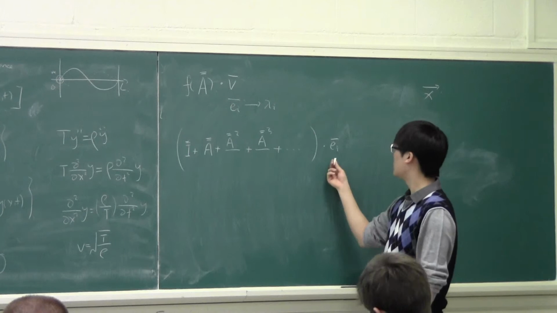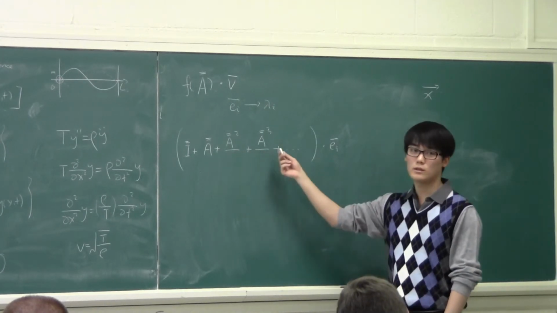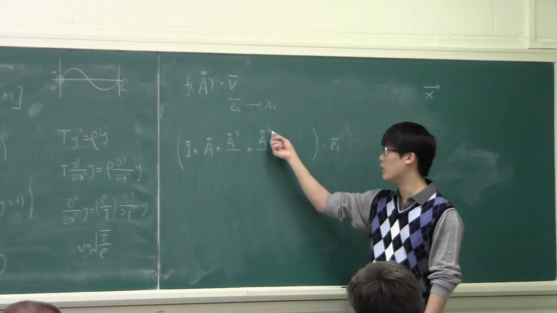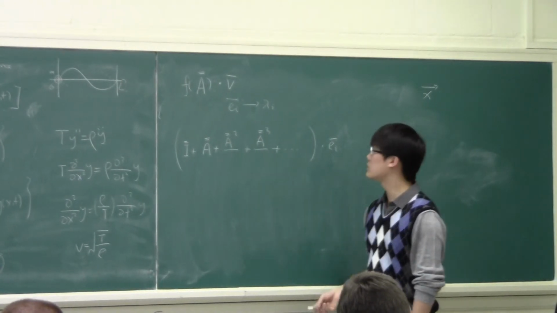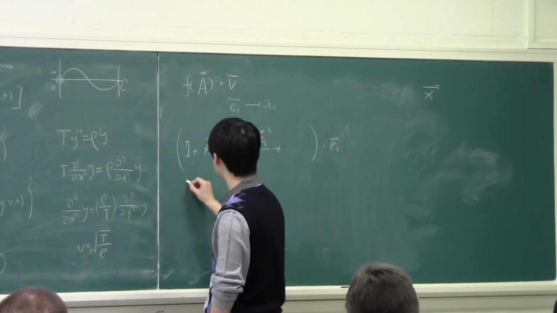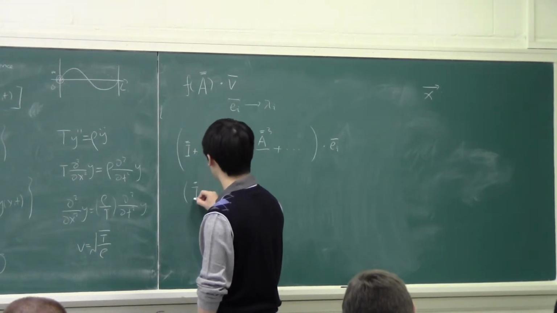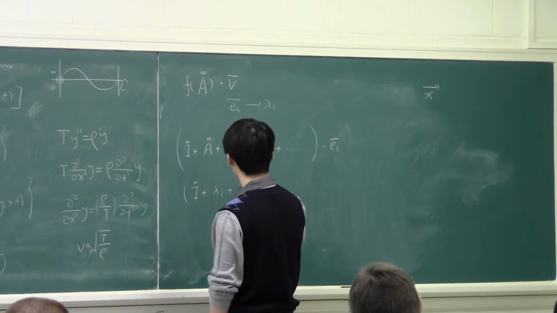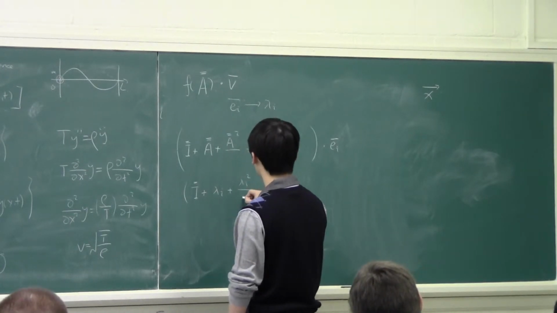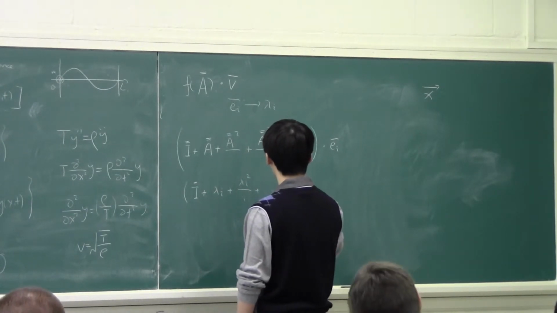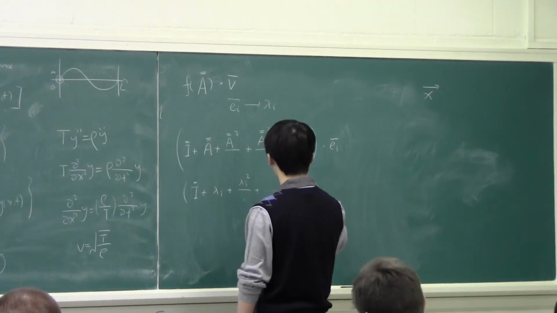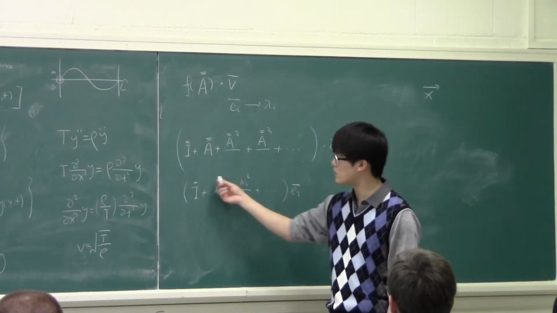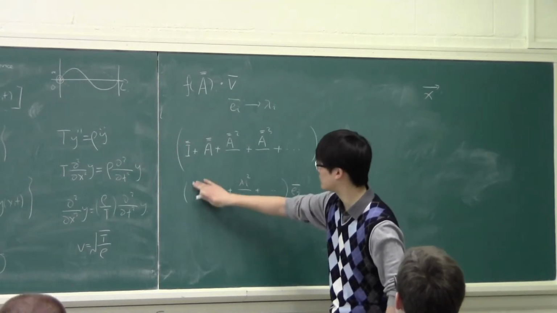Okay, so now each of these matrices is going to see the vector and it's going to produce its eigenvalue and lower one of its powers, right? So this matrix vector product turns into an eigenvalue product. Okay. So now, if we again sum this back,